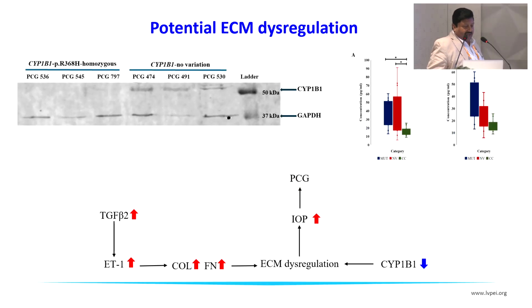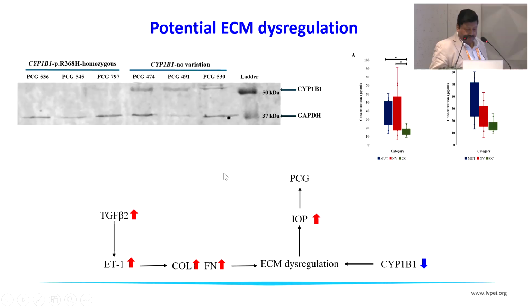And we find a different kind of pathway because the TGF-beta is regulated by endothelin-1, which is a vasoconstrictor. And what we find is that in cases which do not harbor CYP1B1 variations, we have overexpression of CYP1B1. Those with homozygous mutations usually do not have CYP1B1, and endothelin-1 is overexpressed in the aqueous humor of these patients